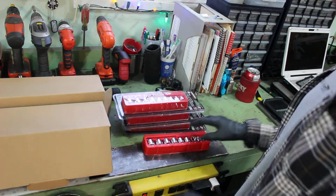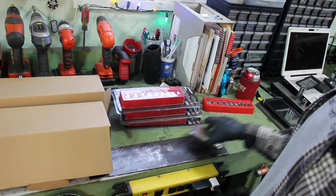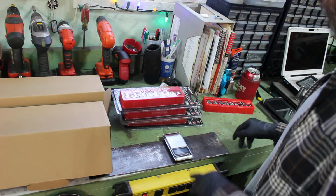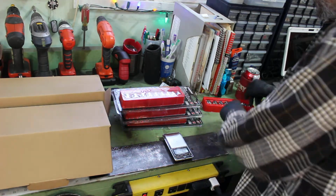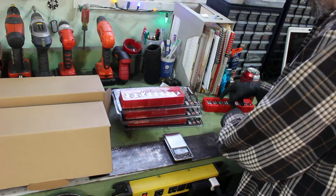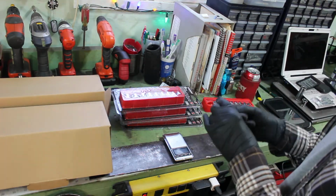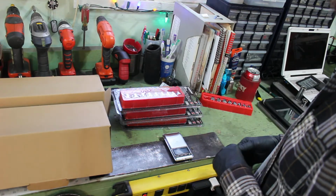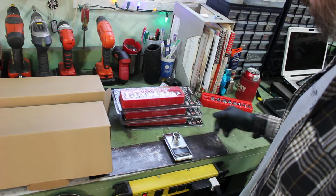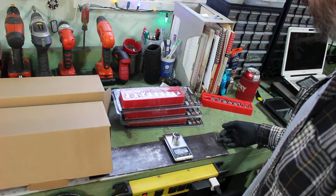Also, for the life of me I can't remember who it was, I'm sorry, but someone mentioned that theirs felt kind of light. His were a different brand, but I'm pretty sure they're made by the same people. They look exactly the same, the tray looks the same. So I figured I'd weigh them. The low profile socket weighs